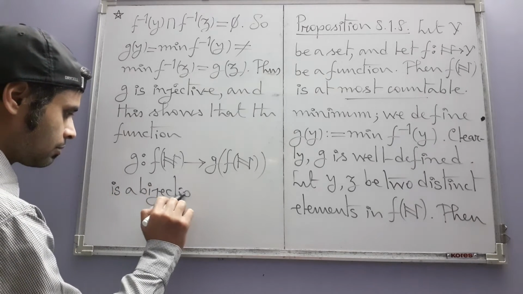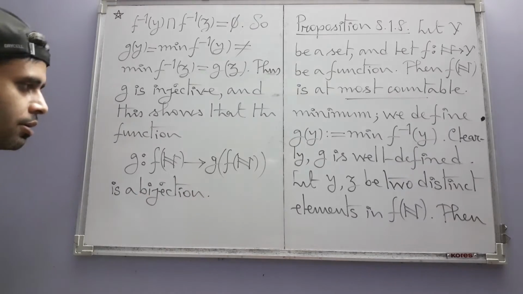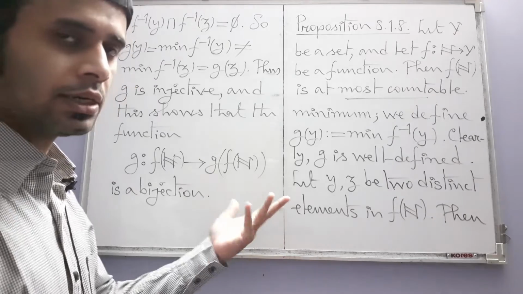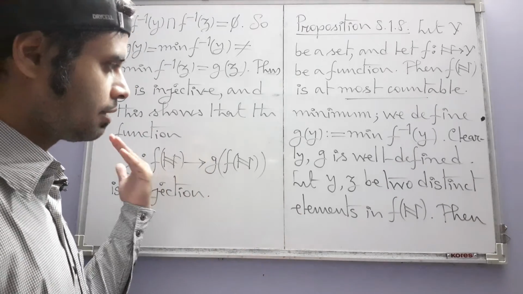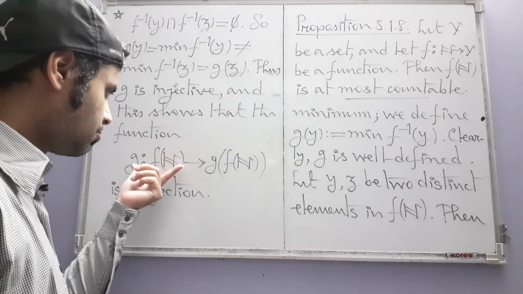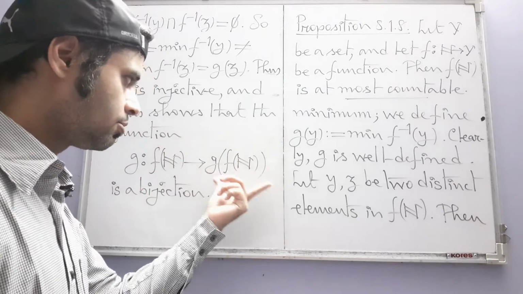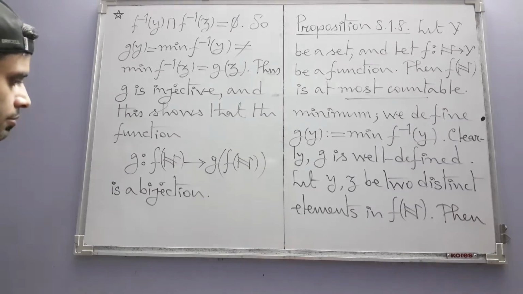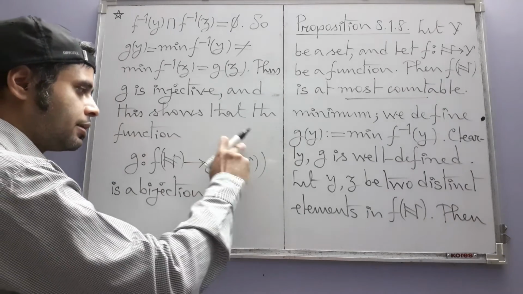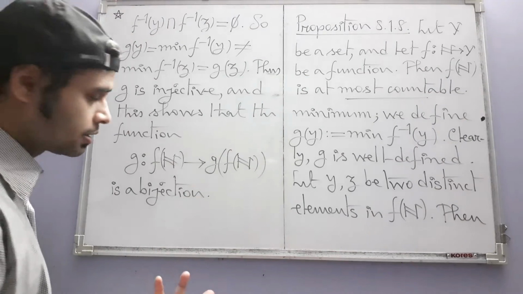The original g may or may not be onto n. It may not be a function onto n, but it is definitely a one-to-one function of this onto its own image. And that is why the cardinalities of f of n and this will be the same,